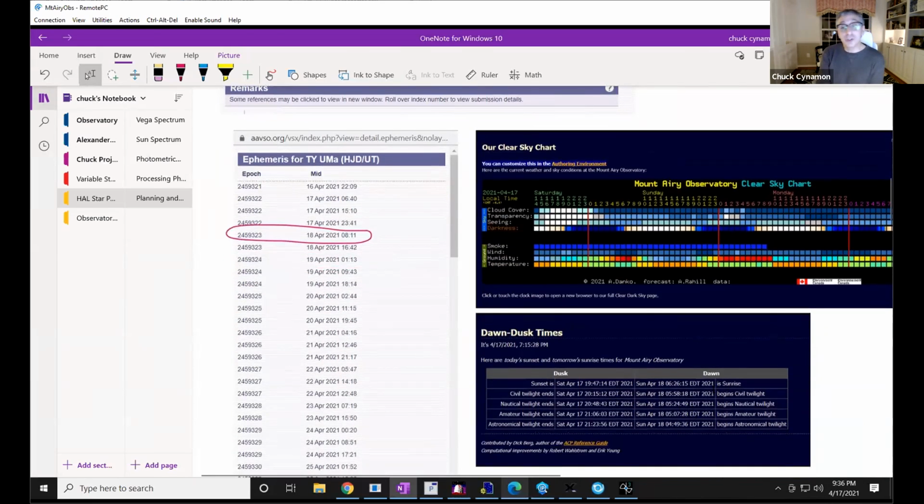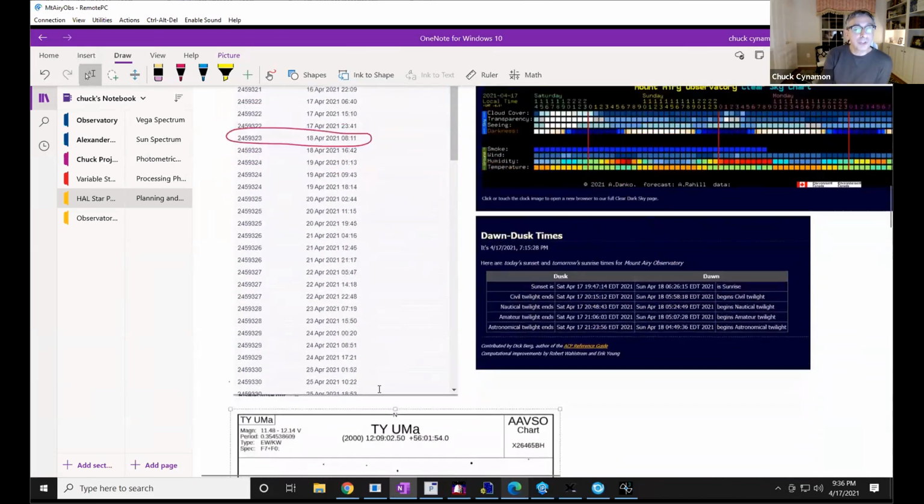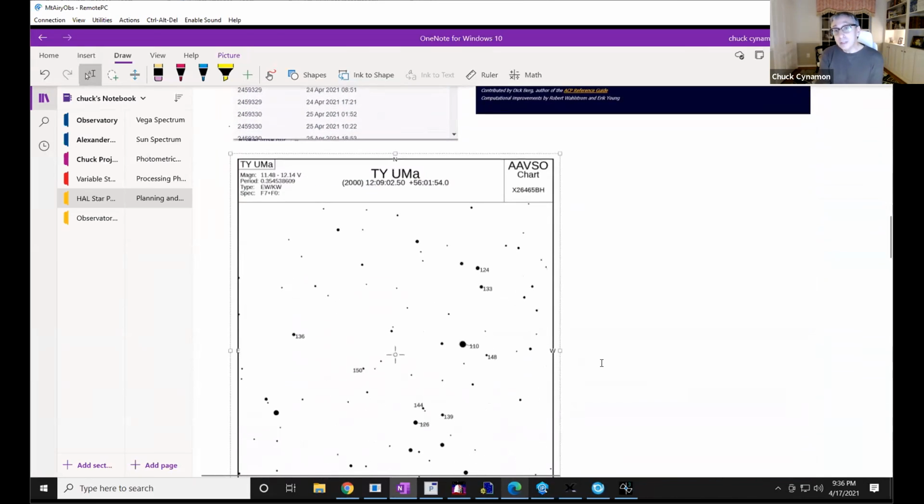And again, make sure, when is dawn going to occur? When is nautical twilight going to happen? Do I have enough time to collect both the ingress of the eclipse as well as the egress? So I'll go through those kinds of things. The other thing to understand is that the whole thing is predicated on something called differential photometry. I am not going to take a picture of a star, do the analysis, and directly determine the magnitude of that star at any given time. I'm going to rely on work done by others.